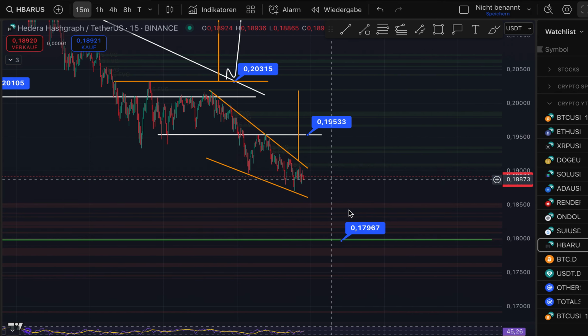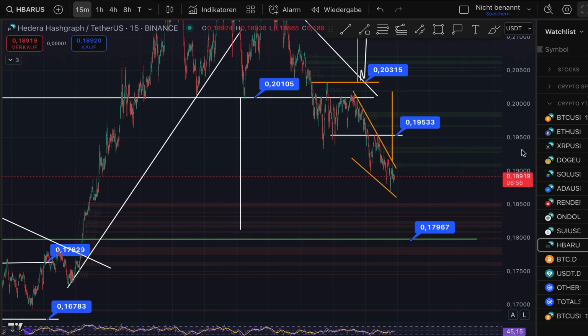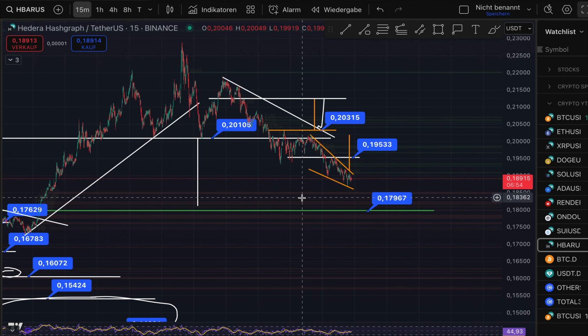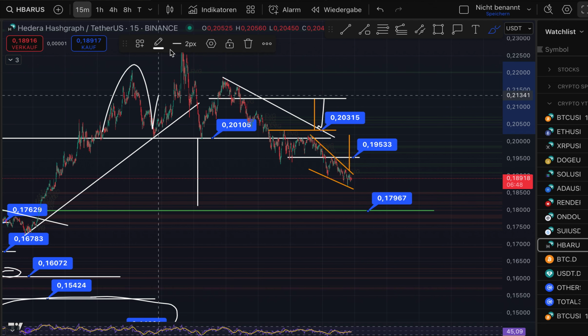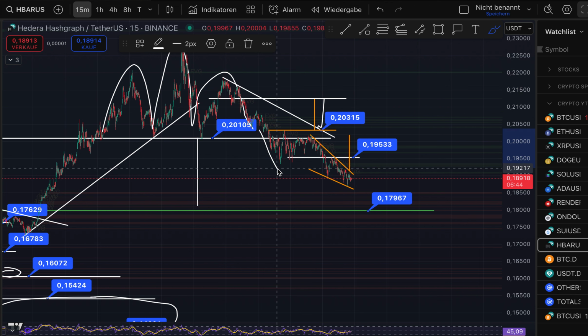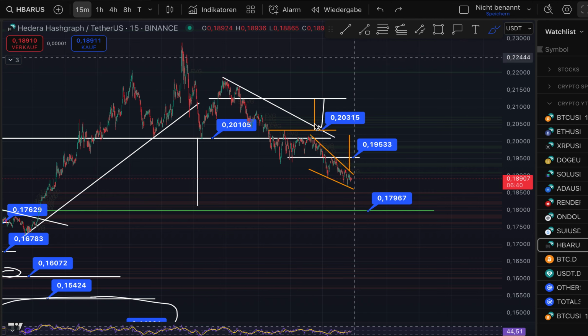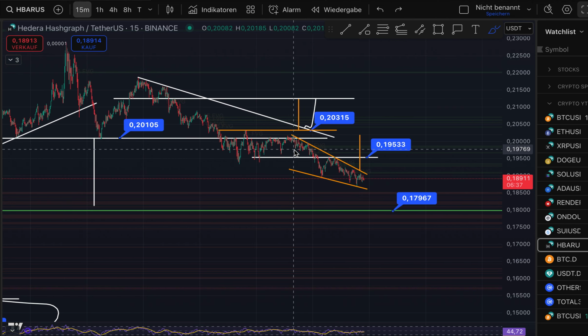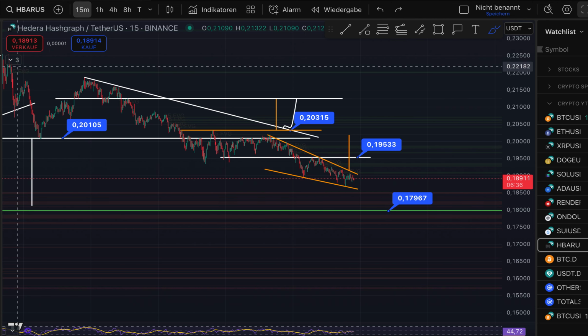We have to see that we are not going to drop to 18 cents because the chart patterns and the targets are going to tell me 18 cents is currently the target. We had here a head and shoulders formation, this one here. It broke to the downside, retest, follow through, short. So what now for HBAR? First of all,